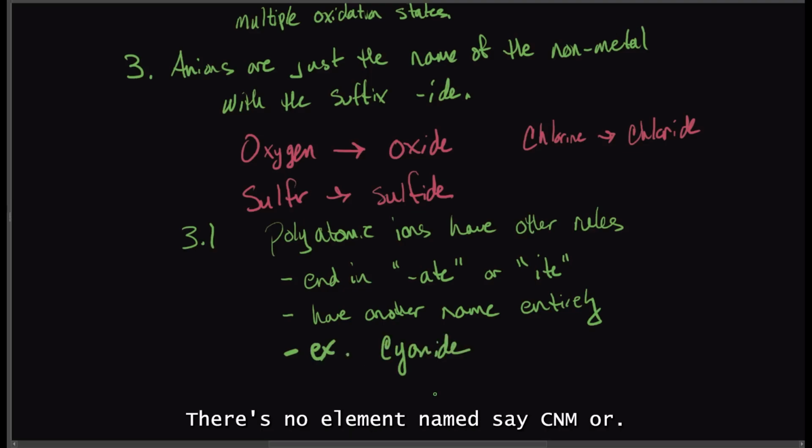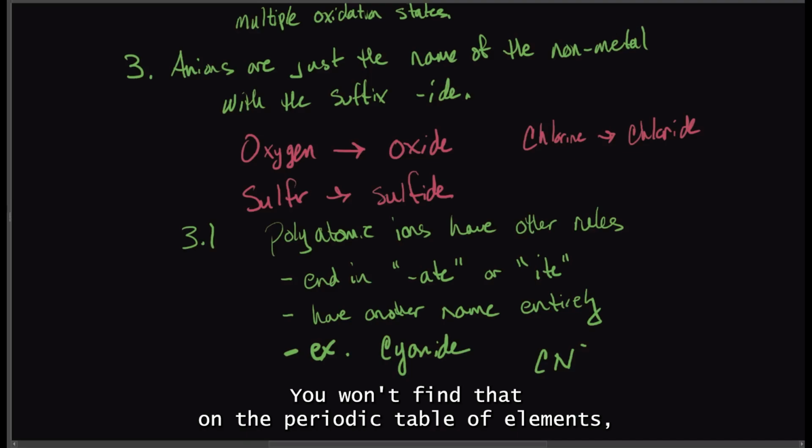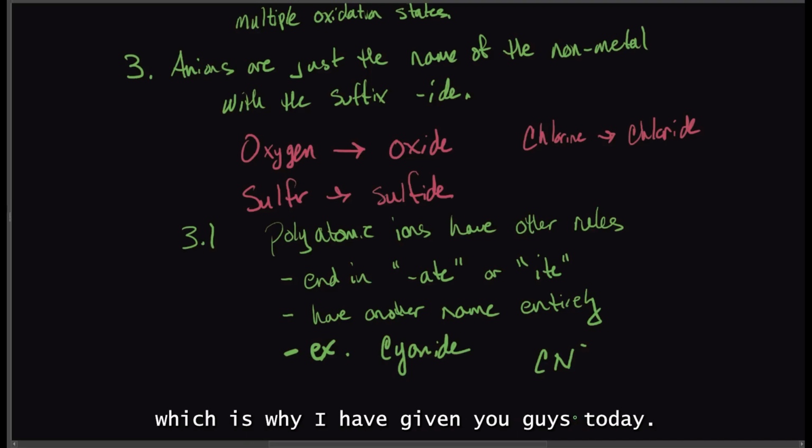There's no element named cyanum, or there's no element named that. Right? It's its own thing. It actually is CN-, the polyatomic ion. Okay, it's the CN together with the minus charge. That's called cyanide. You won't find that on the periodic table of elements, which is why I have given you